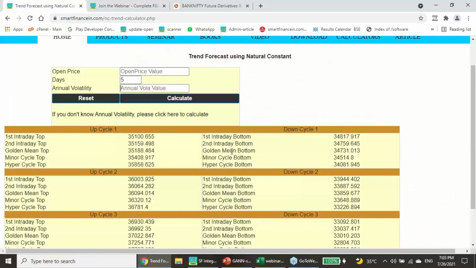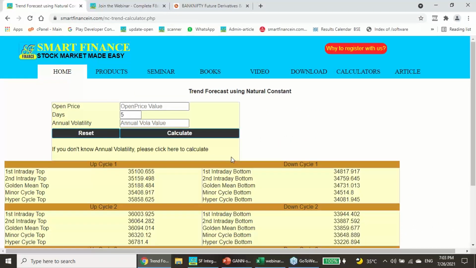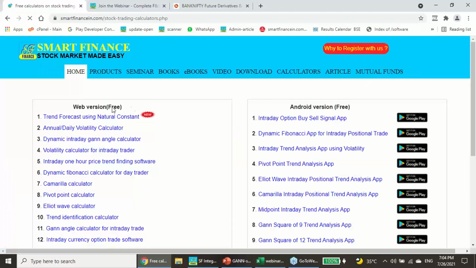So this is all about today's program, and I hope you have enjoyed it. And I have given the web calculator which we have released today on this particular concept. So take benefit of this particular tool. Start using it as much as possible. It doesn't require any registration. Just visit the calculator link. The first tool is new, which we have given. And if you do not know about the volatility of that instrument, use the second tool. So you can utilize these two tools and make excellent trend forecasts.